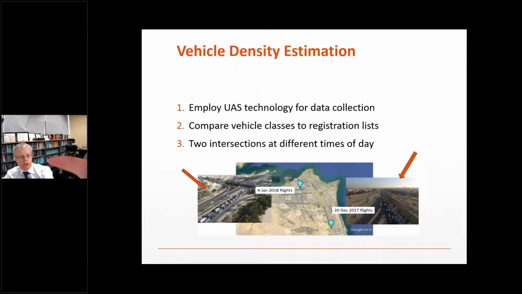We even do calculations using drones and AI to estimate the vehicle density on the roads. Because you say, oh, I can go to the Department of Transportation and get the vehicle distribution, so get the vehicle classes. But you do not know the spacing between the vehicles and the density. It's something that we can do very precisely, using drones and AI that we developed. I supervise a PhD student on this. So we developed this and we know what the vehicle type is, the spacing, the speed. So we can do forecasting for roads as well.